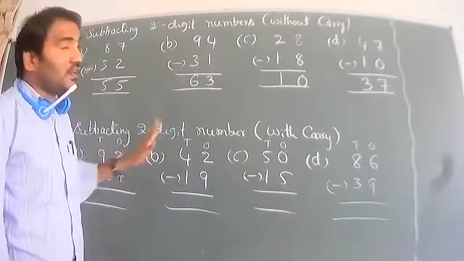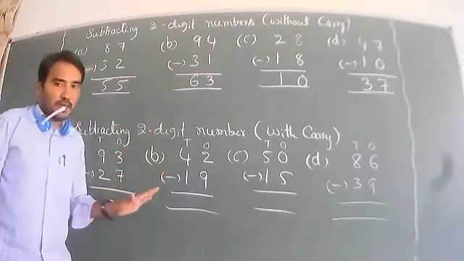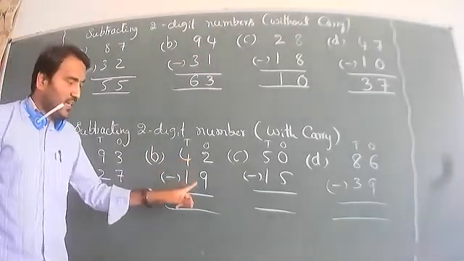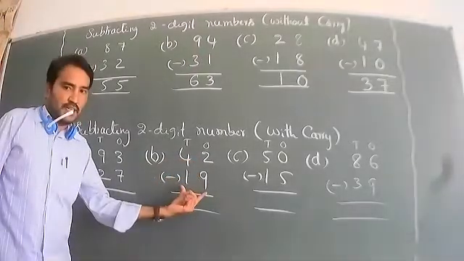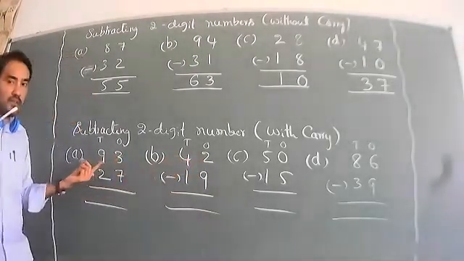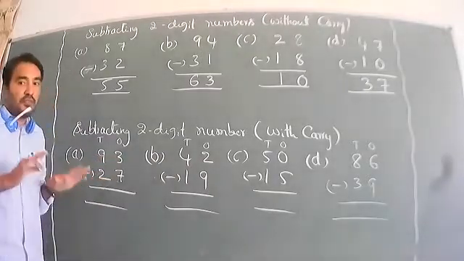This is the order of subtraction. But when the smaller number is upper and the downside number is bigger, as in 42 and 19,